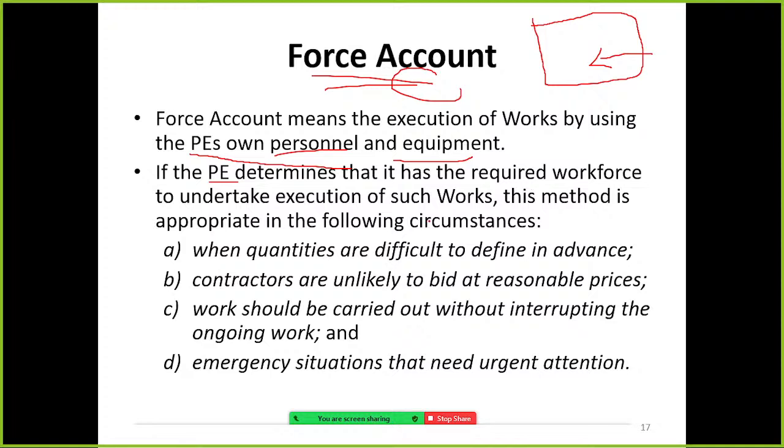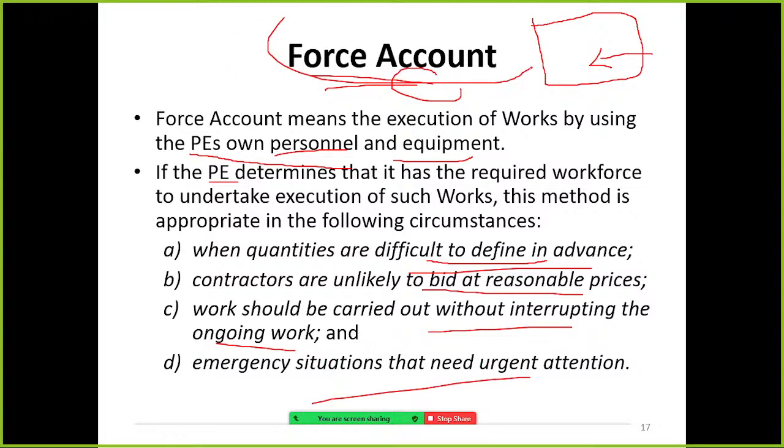When quantities are difficult to define in advance, and the contractors are unlikely to bid at reasonable prices, so work should be carried out without interrupting the ongoing work. Emergency situations that need urgent attention. Normally force account may happen in the forces, army, navy, air forces.